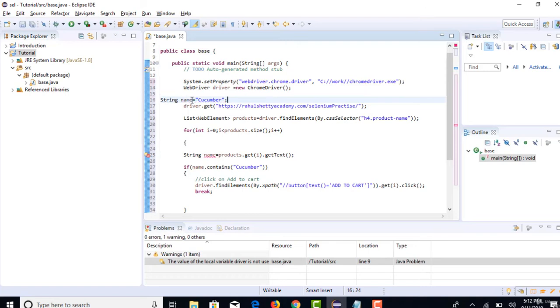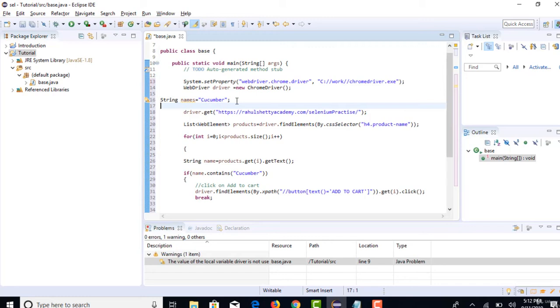As this variable is already defined, let me put names. So this is how you declare one variable. You give the variable name and assign a value to that variable, and you have to tell what the return type is. So this is a string, right? Now when someone asks you to create an array of strings, that means this time we need multiple names in an array.